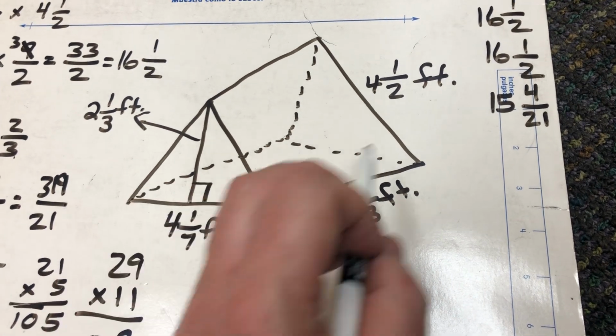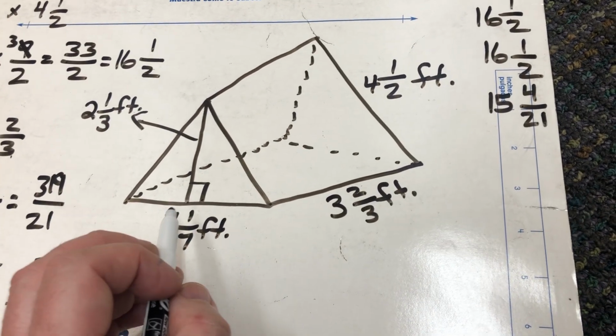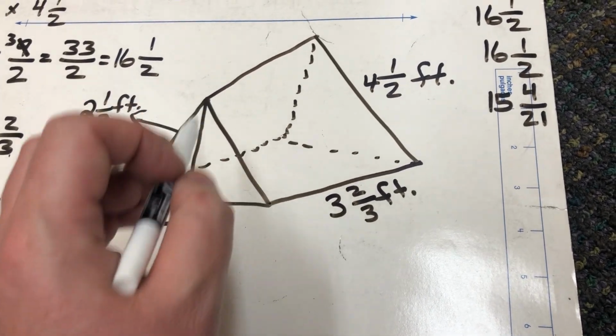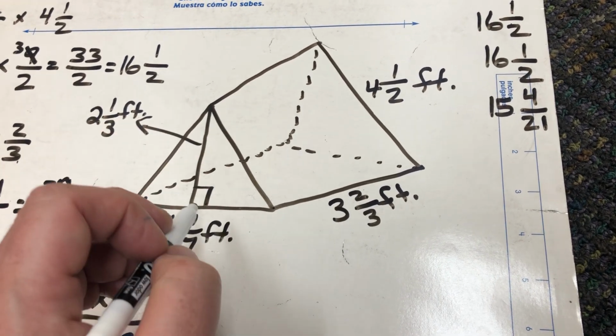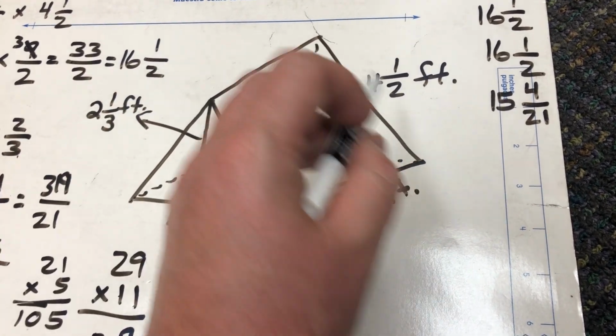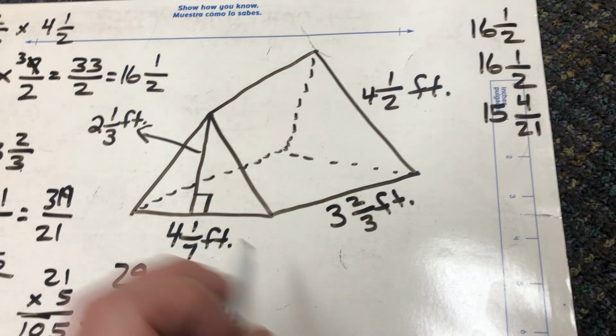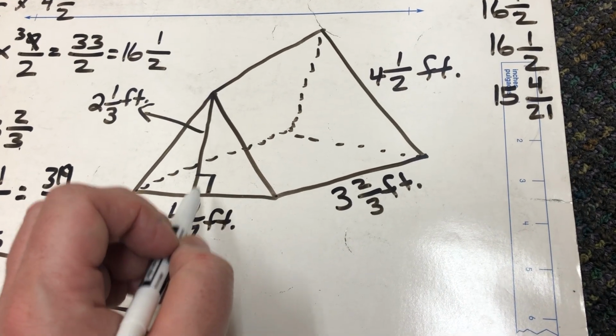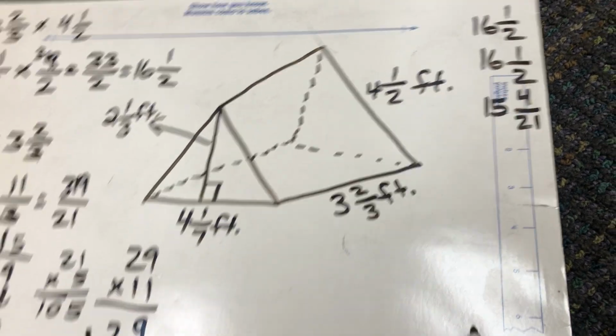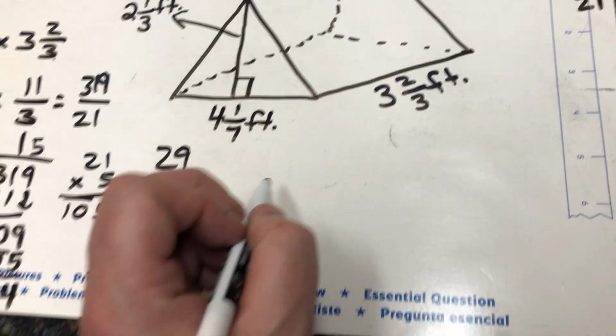Then I have this one at the front, this one at the back. 4 and 1/7 times 2 and 1/3. That's the height. This is not the height. It's not times the 4 and a half. The height is the distance from top to bottom. That's why this 2 and 1/3. So it's 4 and 1/7